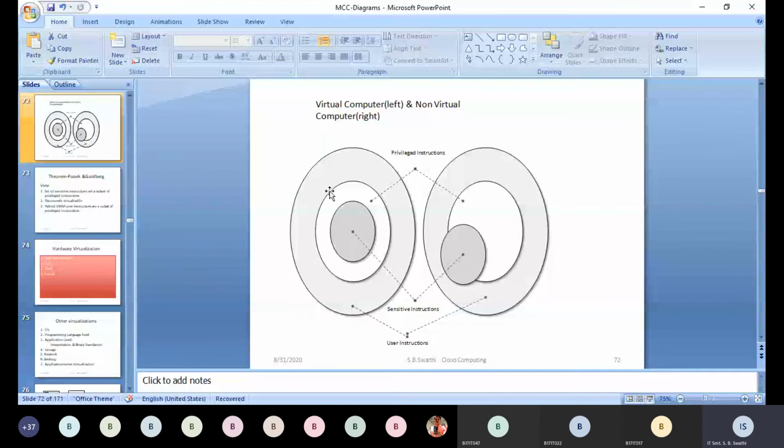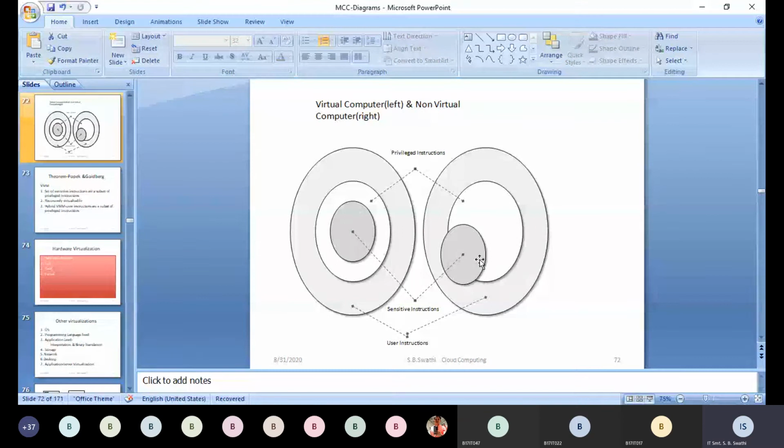Whereas we see here, suppose a VMM is built which is abstracting both the privileged instructions, that is OS level instructions, as well as user level instructions also. It is trying to grab both the privileged as well as the user instructions. Then if the VMM is built in this way, you cannot easily run all the applications using the VMM. It creates some sort of disturbance. The effective results will not be generated by the VMM. So this is an example of a non-virtual computer.